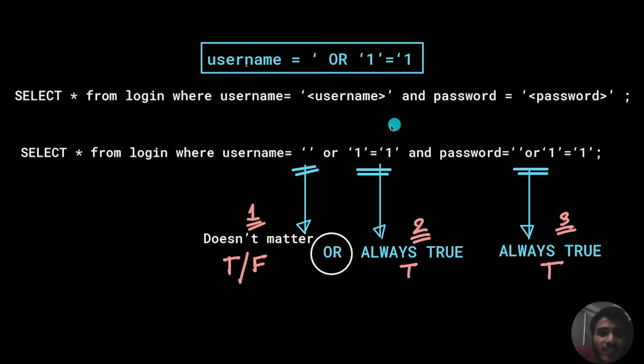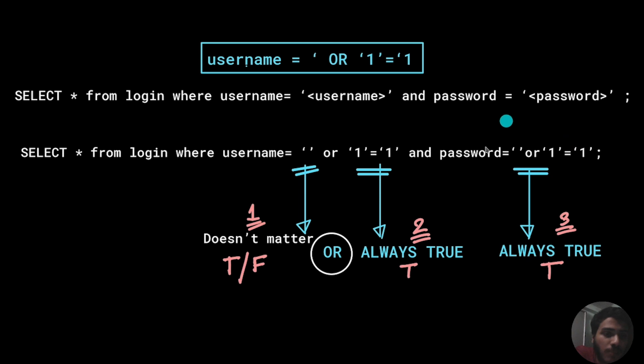Now let us understand the function of the payload in much more detail. The quote that you have provided in the first part of the payload terminates the quote of the username, and or one inverted quote is equal to the single quote one. So 1 is equal to 1, which is always true. So the first part is actually null, and be it true or false, it does not matter because the second part is always true. And since we are using an or operator here, false or true will always result in true, because with the or operator, if any one parameter is true, then the entire condition is rendered true.